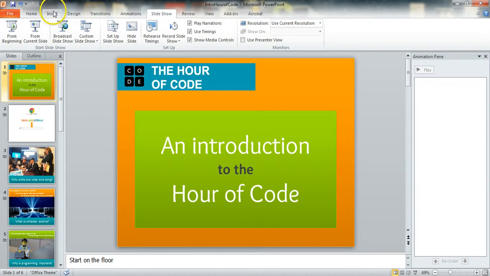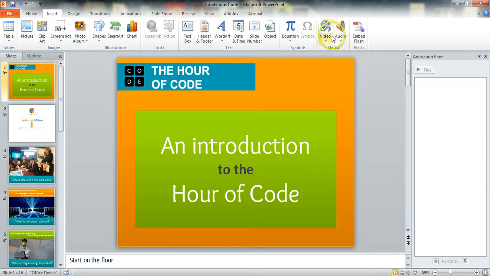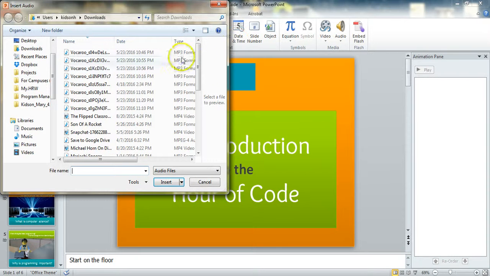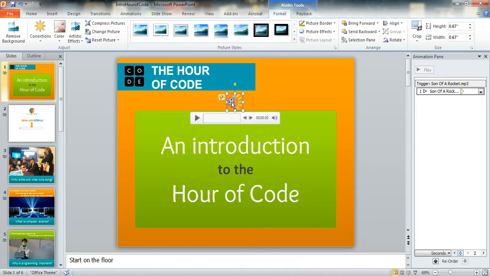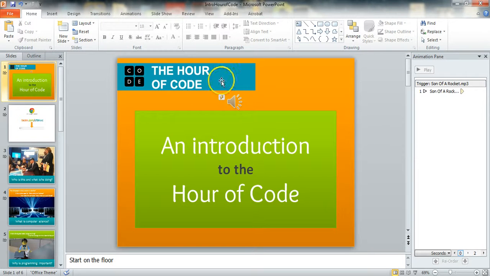So what I'm going to do is go to the Insert menu and then click Audio, double arrow, select Audio from File, and here it is. It's called Son of a Rocket. That's my song. It sounds like Old Navy music, which you'll understand probably better if you've ever been to Old Navy, and when we play it here in a second. So you can see that when I inserted it, it popped up a little icon here on my first